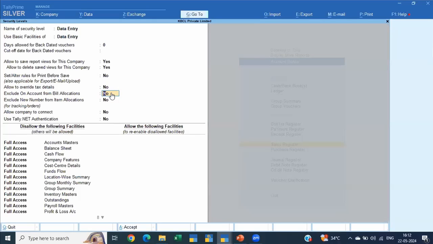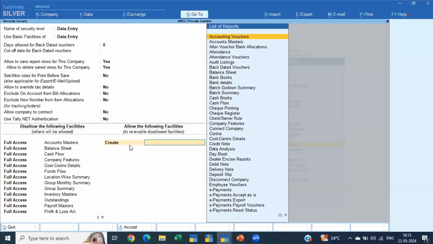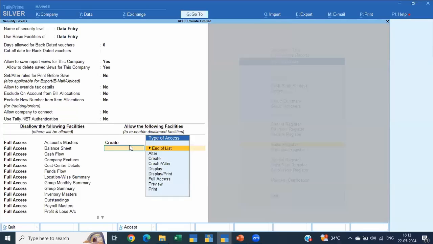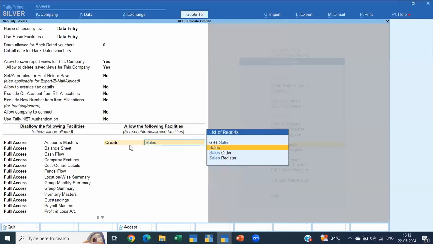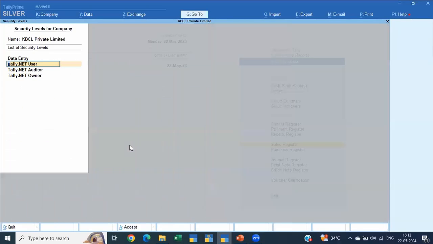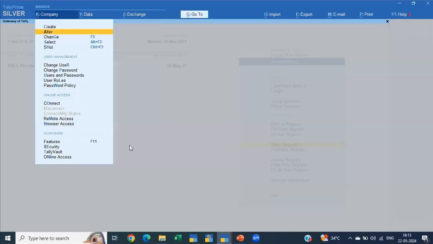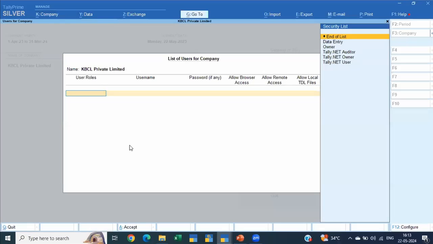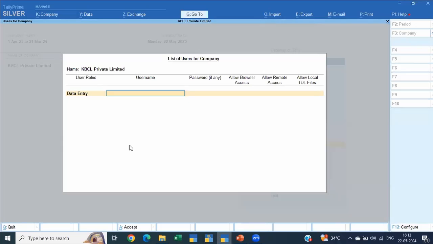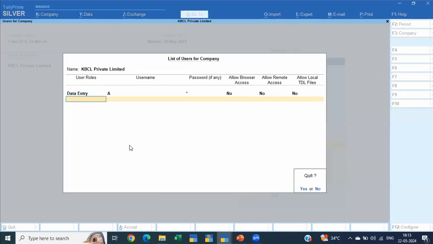Once you do the voucher type auto meeting, you can come here and say that I want to allow only creation of accounting vouchers, or say sales GST only. This particular party data entry, whoever is having, can only create sales entry. Now, the moment you give user and password, say Mr. A, I want to give data entry to Mr. A, and he has only sales entry.